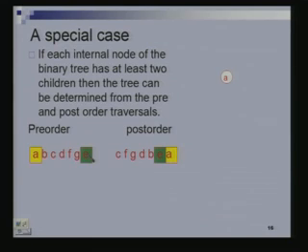Now E is here, and after E there is nothing. What does that say? E is a leaf. Because in a pre-order traversal, I would have first visited E and then gone to its children, but there is nothing following it. So E has no descendants. So basically the left subtree has B, C, D, F, G as the pre-order traversal, and C, F, G, D, B as its post-order traversal.